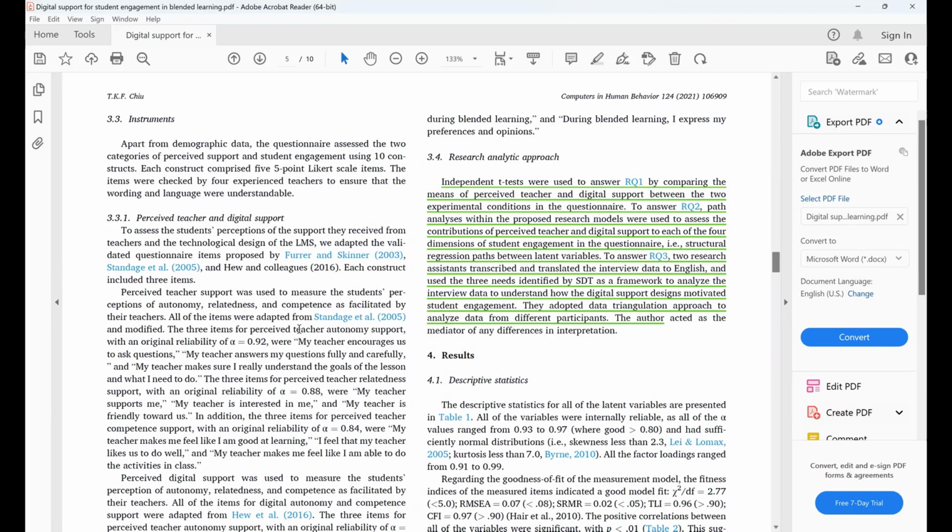So you can't just say, oh, I have a whole set of items for my questionnaire, because first, this paper is not a paper for instrument development. This is just an experimental study. So we had better use items which are validated or verified in other studies. You can see that they are actually using some other established papers. They talk about their instrument and its original reliability. You can see that the alpha is 0.92, 0.88.